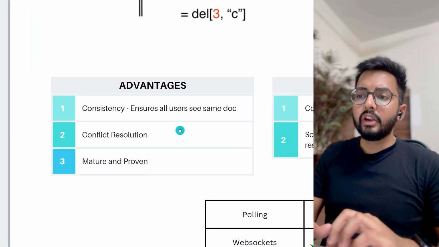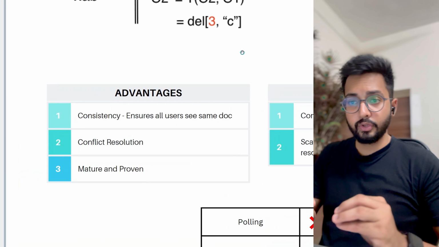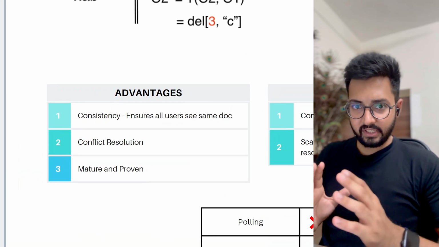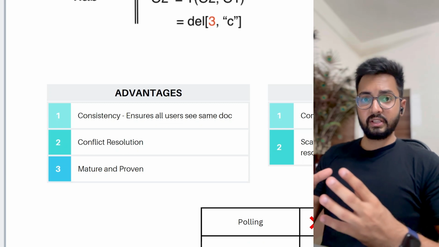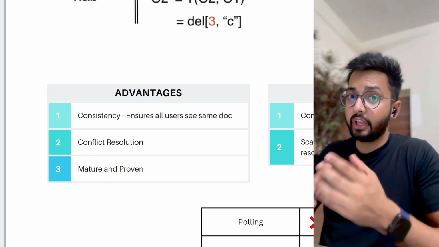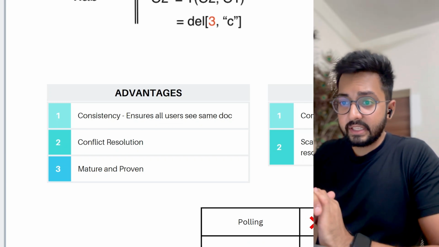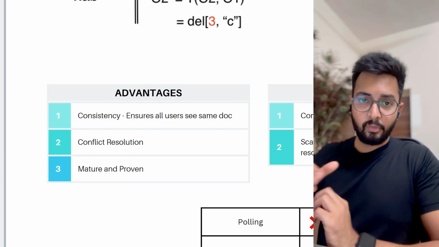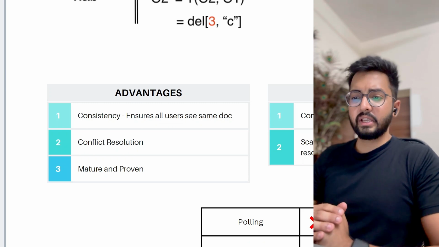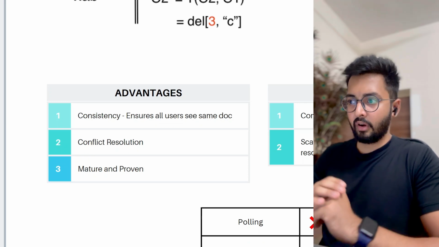So if we talk about advantages, it has a great consistency. It ensures all users see the same document at any point of time. That is consistency for us, because transformation occurs for each character. The insertion and deletion command executes for each character that is inserted or deleted. The second one is conflict resolution. This transformation algorithm has a good conflict resolution mechanism. And the third one is it is mature and proven, obviously, because Google Docs is already using it from a